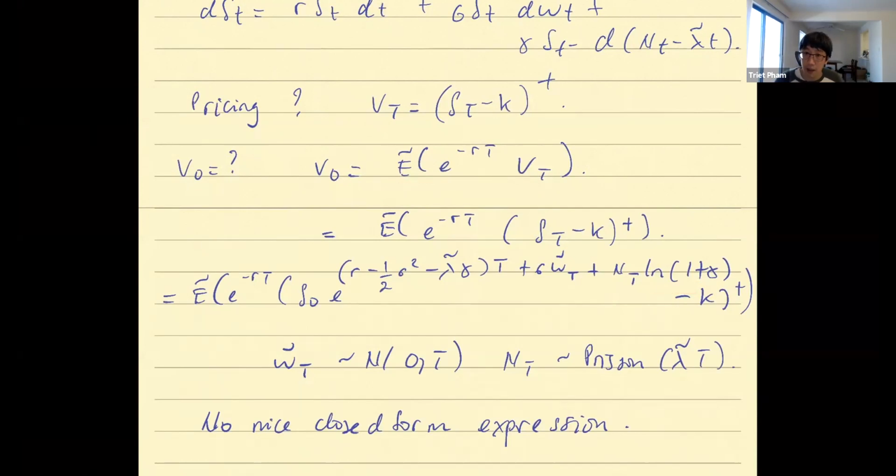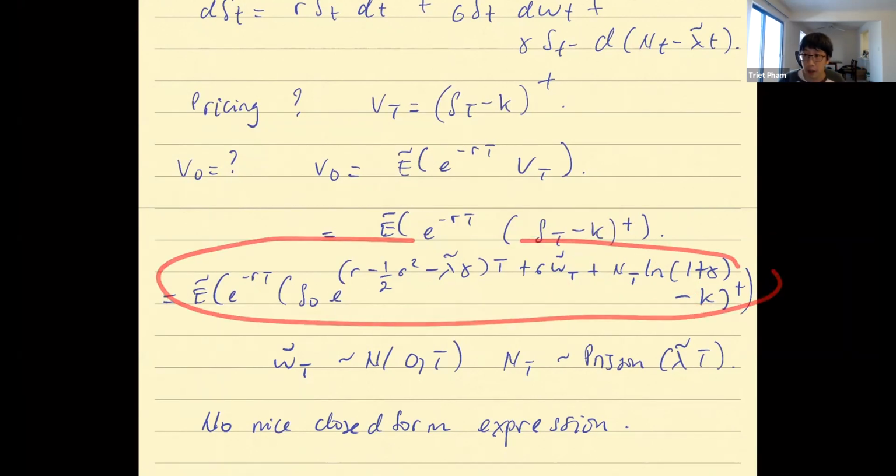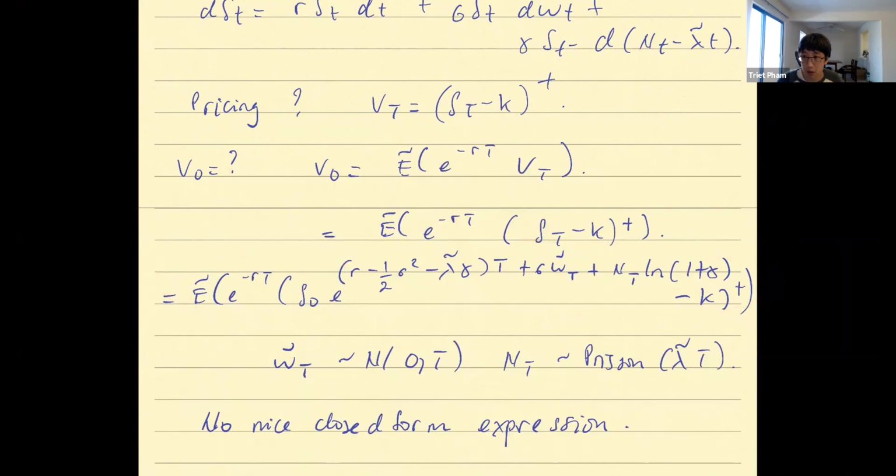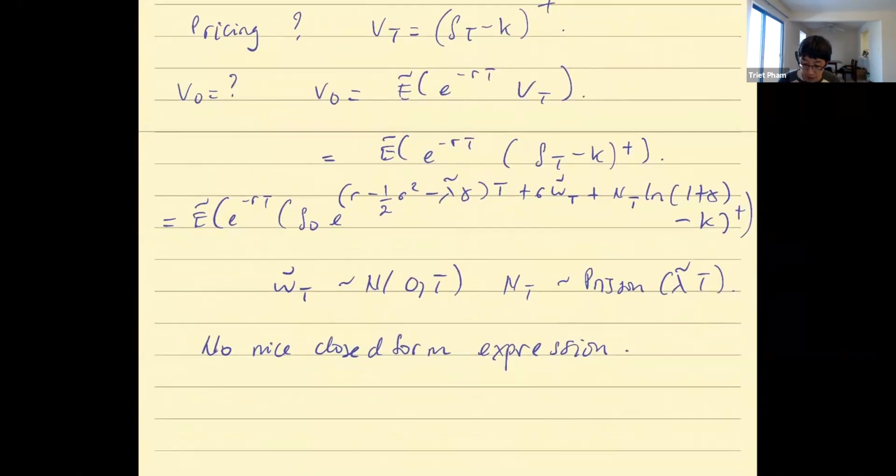And so you see that starting from last week's review session, you start to have to simulate a Poisson process, a Poisson random variable, and simulate a normal random variable for pricing purposes. The moment you increase your complexity a little bit, you're outside of the Black-Scholes realm. There is something you can write down for this, but I just don't want to get there. It's messy and there's nothing nice. So I'll just stop here and say simulation